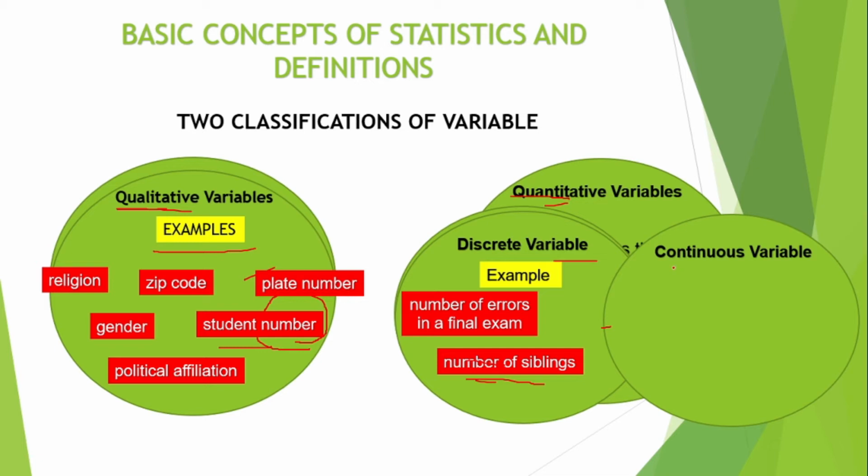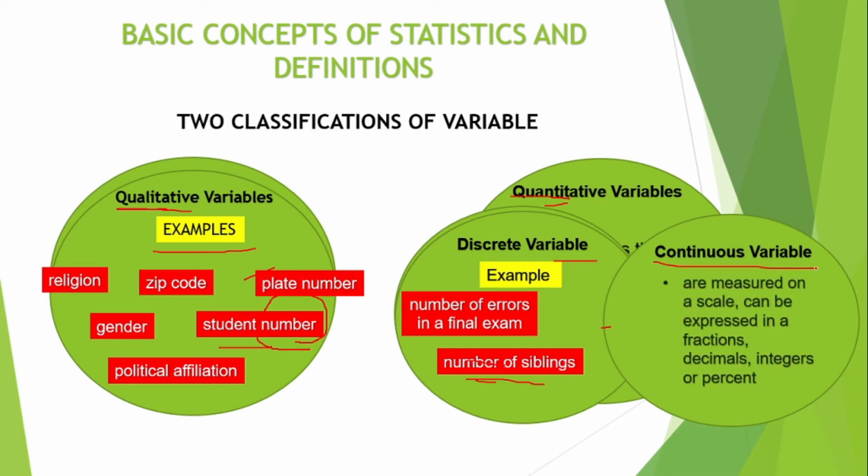And let us discuss what a continuous variable is. When we say continuous variable, it is measured on a scale, and can be expressed in fractions, decimals, integers, or percent. So ito na yung kabaliktaran ni discrete variable. Kung sa discrete variable, lahat lang is whole number, dito sa continuous variable, pwede na yung fractions, decimals, integers, or percent. And dito sa continuous variable, sometimes ginagamitan siya ng mga